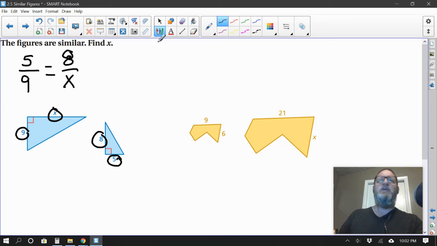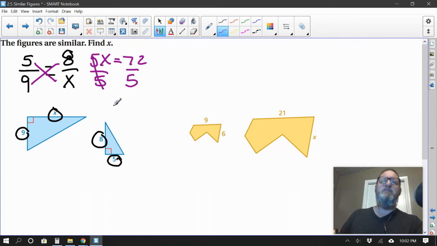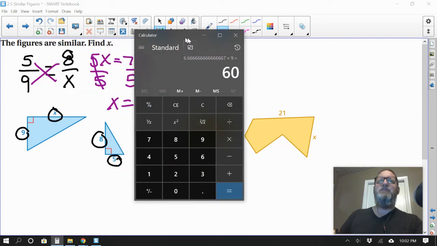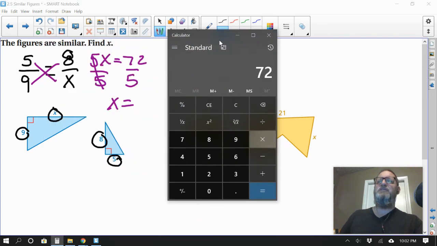All righty. So time for some cross products. Well, 9 times 8 is 72. And 5 times x is 5x. Oh, they're giving us ones that don't divide out evenly. That's what was throwing me earlier. So we divide by 5, divide by 5. That cancels out the 5s, getting the x all by itself. Just to speed the video up a little bit, let's let the calculator handle this calculation. So 72 divided by 5 equals